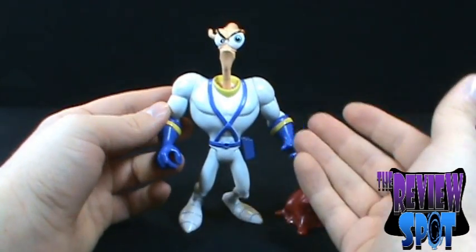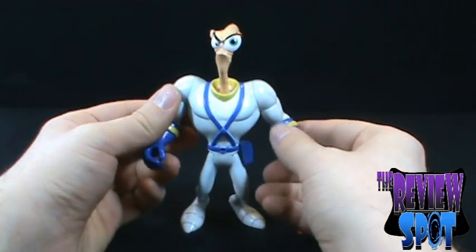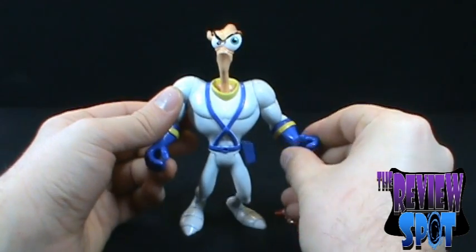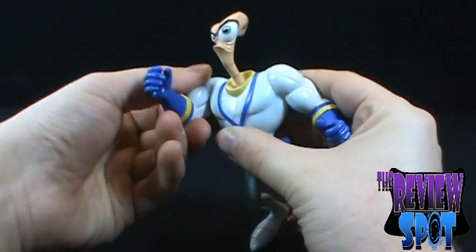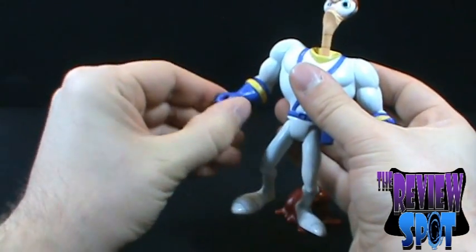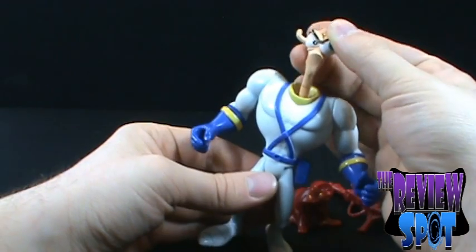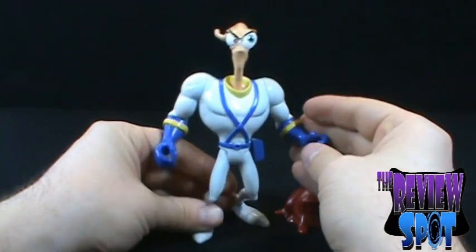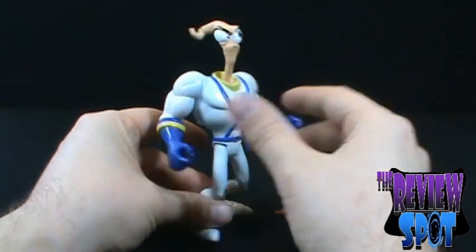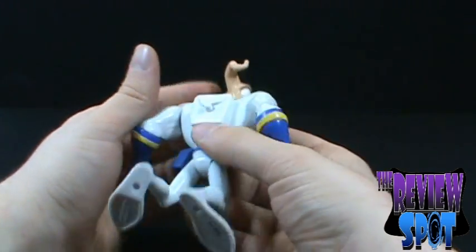I mean, not really a lot of articulation. Certainly you can't expect too much from figures that you'll find in the 90s. His articulation is, though, he has articulated shoulders. You can rotate the wrist. You can bend the legs. And really, that's about it. You can't really move the head. And the only real reason for it is that there's a switch on the back here. And when you press it...